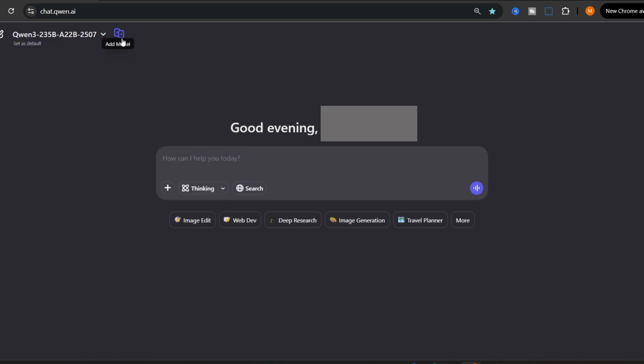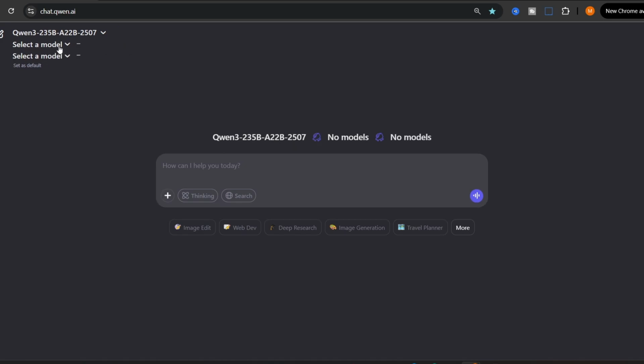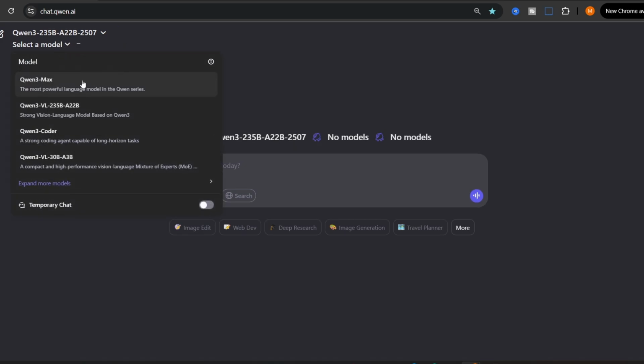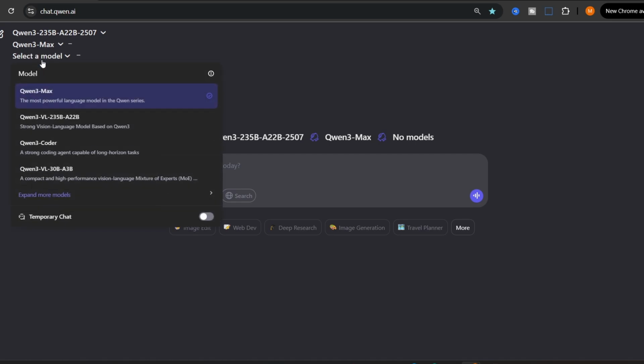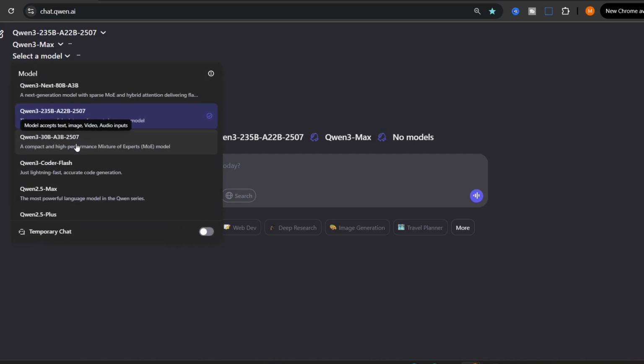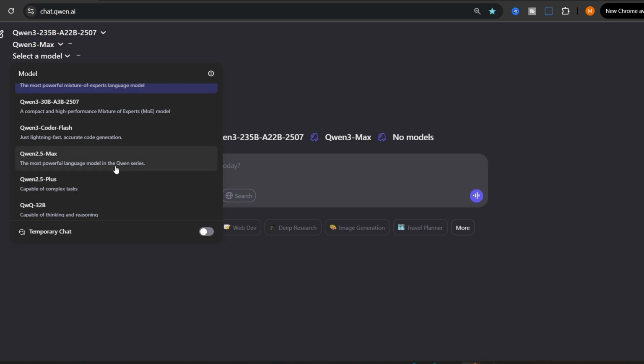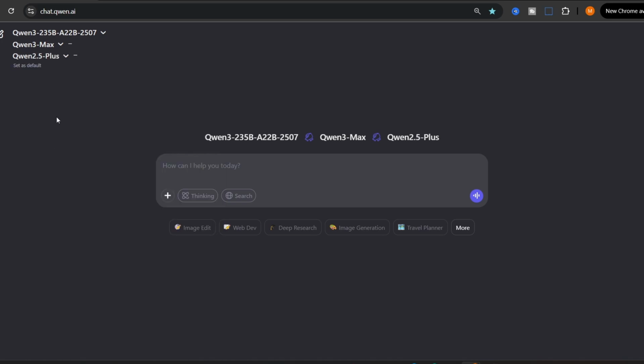So another great feature that Qwen has, but I haven't seen in other AI, is add model. You can add up to 3 models, and here you can specify the other models. For instance, for the second one, I choose Qwen 3 Max, and for the next one, Qwen Plus for complex tasks. If you want something very complex, you can use Qwen 2.1 Plus. Again, it could be great. It's specifically for complex tasks, but this one is used for everything from something simpler to very complex.